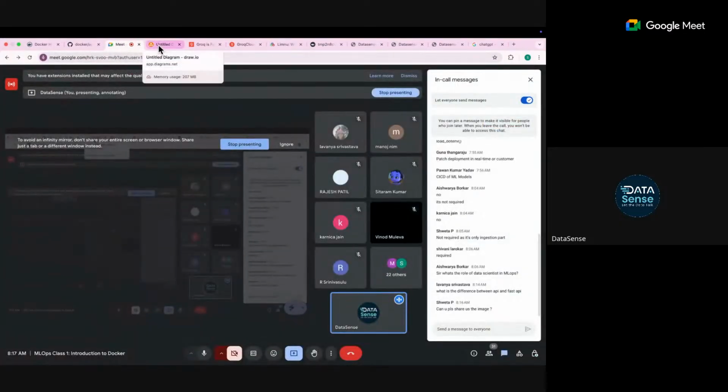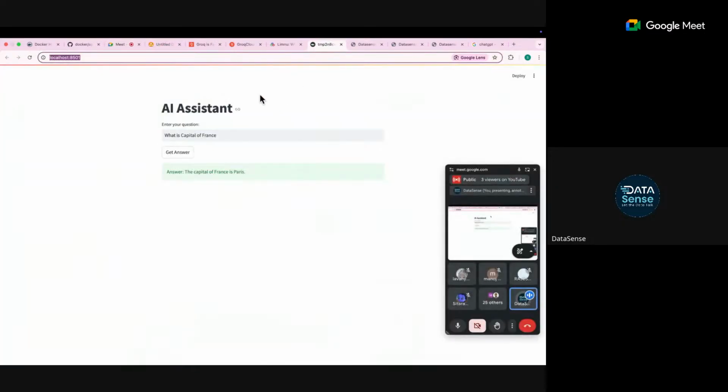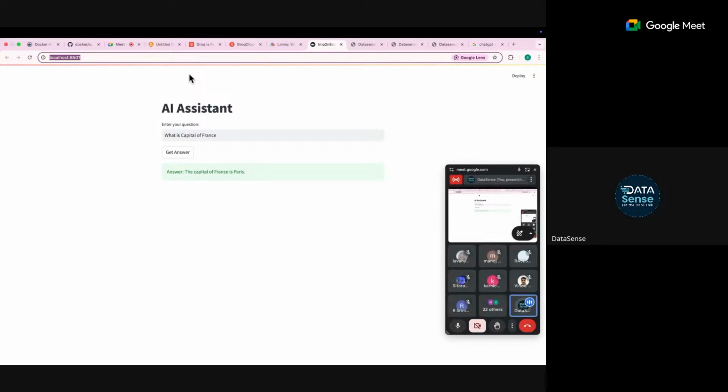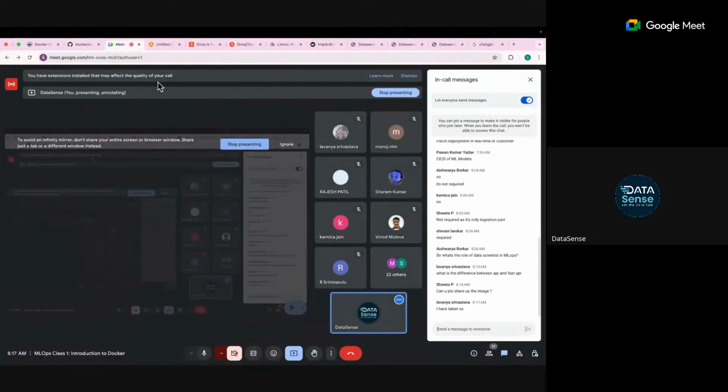So as I mentioned, all you need to care about right now is, let's build this mindset that we have a machine learning model or AI model that we have created. And we have to learn how to deploy it. The backend part, let's say a data scientist has done or someone else has done, we have to learn how to deploy it. Okay. So that's it. Now we will begin the Docker part. This is just a basic introduction to what MLOps is in general. We will go into each of these topics in detail in different sessions. Today we are covering Docker, and we will keep on covering the others. Okay. All good, guys. Anyone, any doubt?